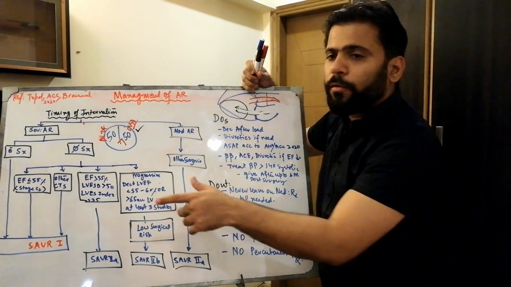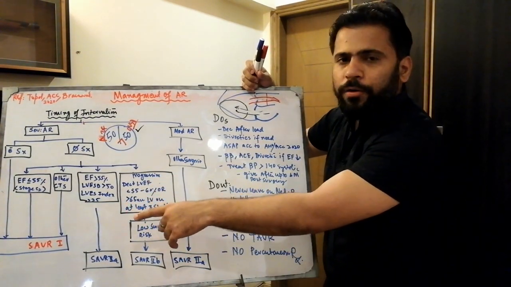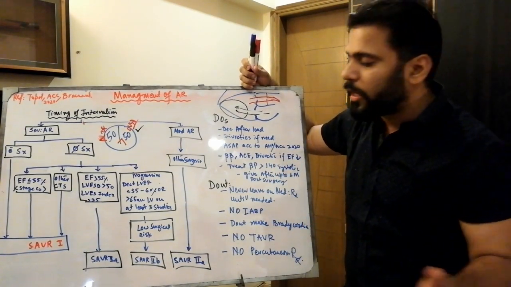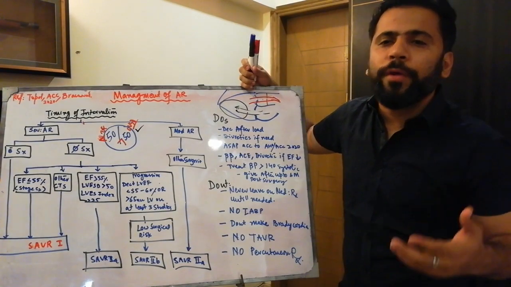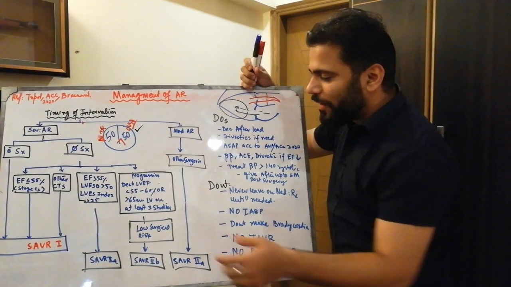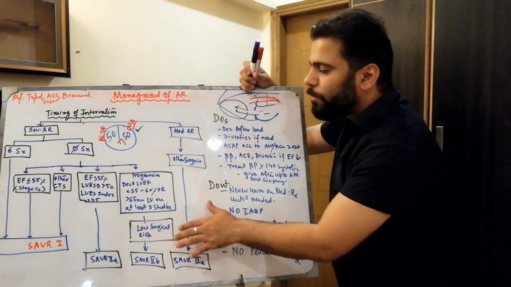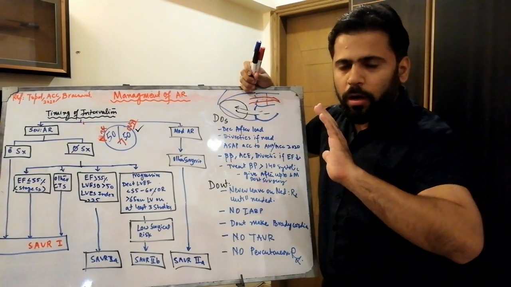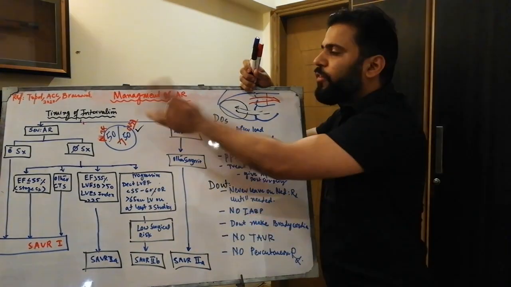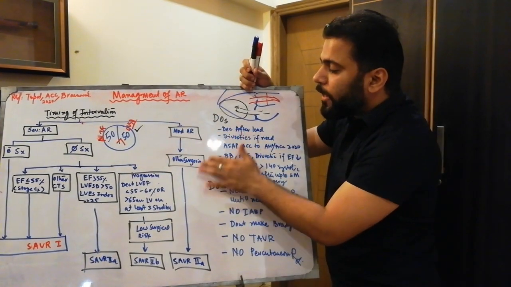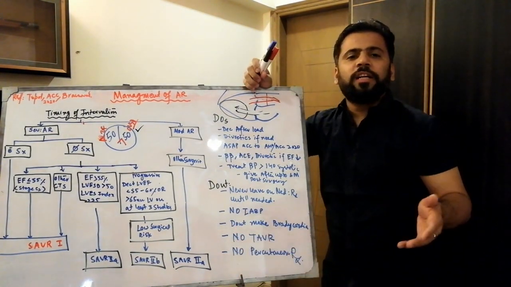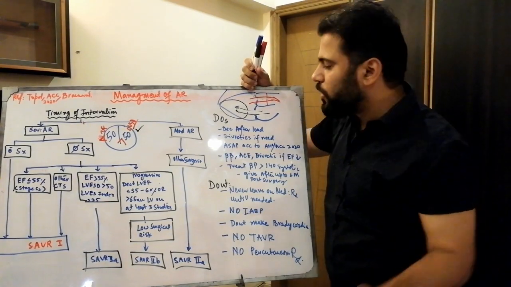We are not supposed to leave our patients without treating a class 1, and if you are practicing class 2A, it means you are a good doctor, and if you are practicing 2B, it means you are just following the pocket guidelines, because 2B is known as pocket guideline. So we usually don't practice 2B, but you have to keep things in your mind. If you just want to remember 2 things for the timing of intervention, just remember 50-50 in the AR. If your patient has moderate AR and he or she is going for other surgery, it is class 2A again to treat the patient with the surgical AVR.